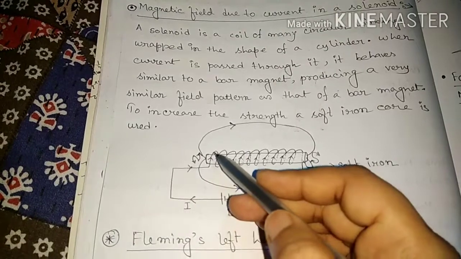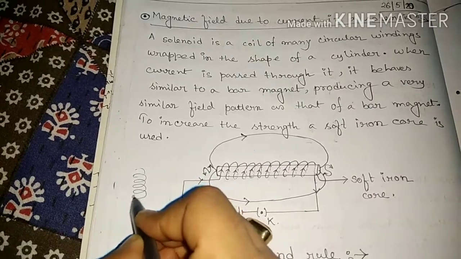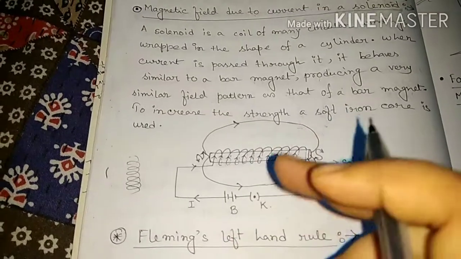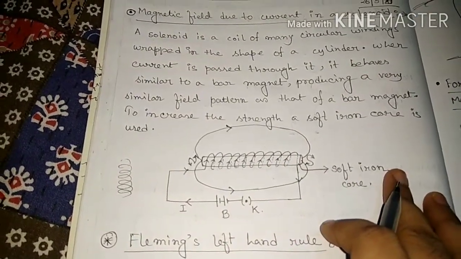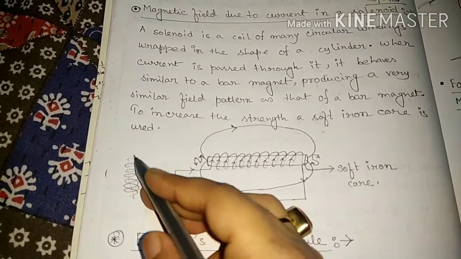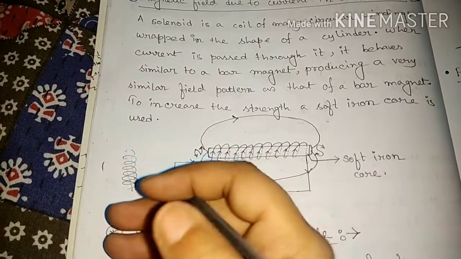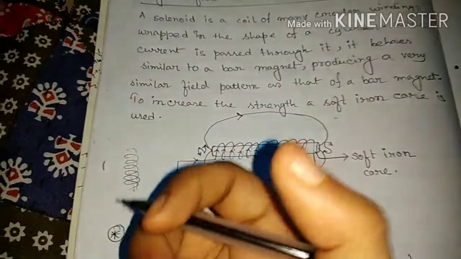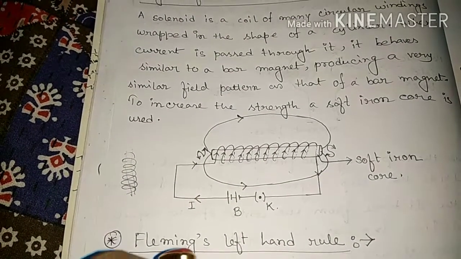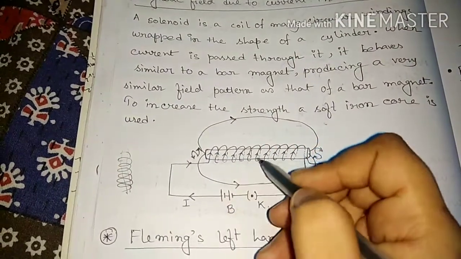Okay. So this shape is called a helical shape. This helical shape of the coil is called a solenoid. And inside this coil we place one soft iron core. You can use any magnetic substance, but for a better result, to get a stronger magnet, we use the soft iron core. This is the diagram. Here we use the soft iron core, and one coil is wound over it.